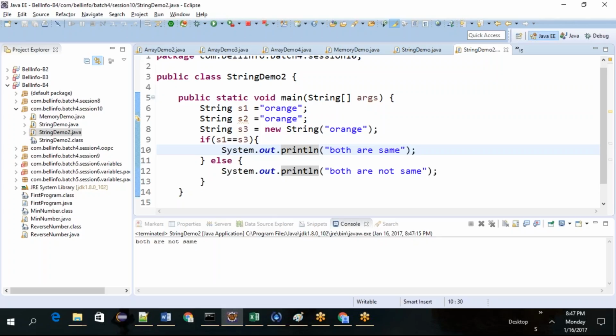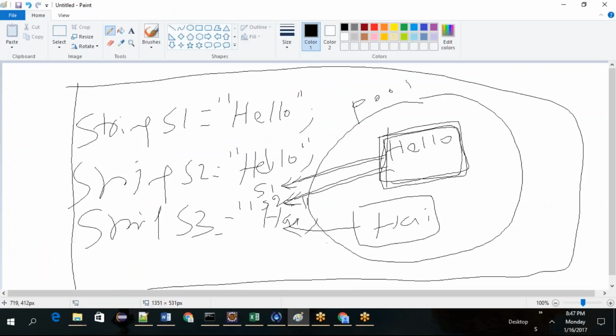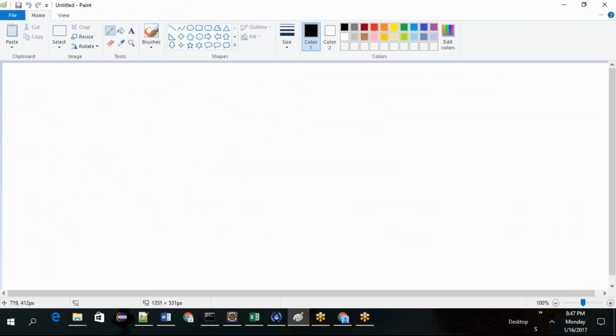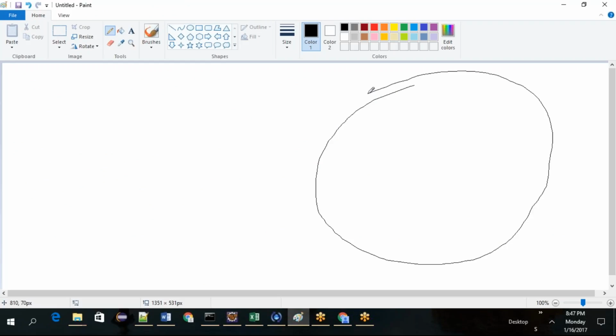Why? Because of the concept that we discussed just now. Only if you try to create an object with double quotes, it will go inside the pool.